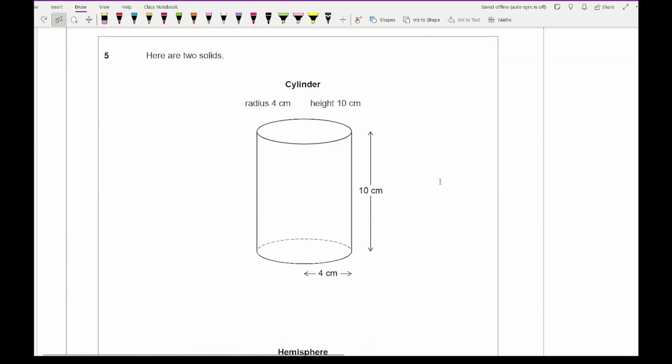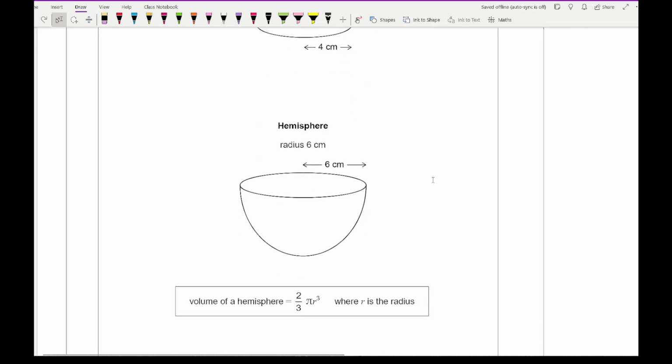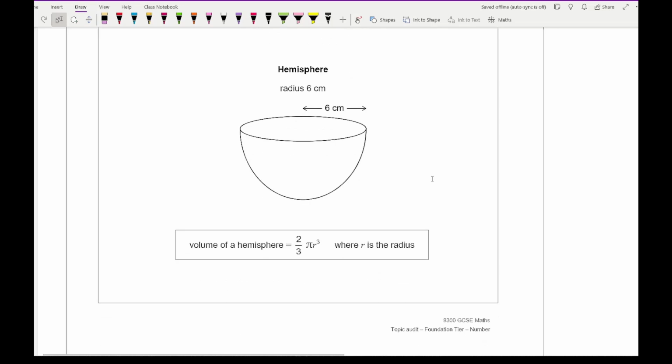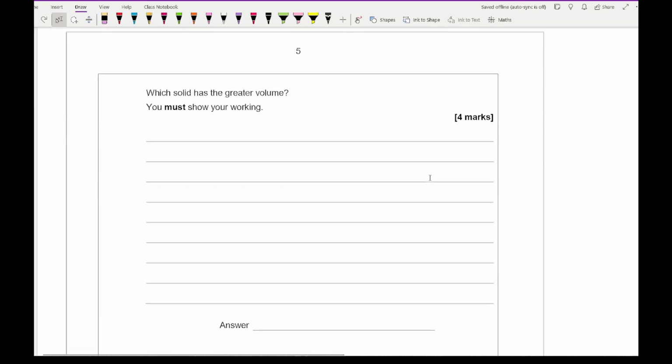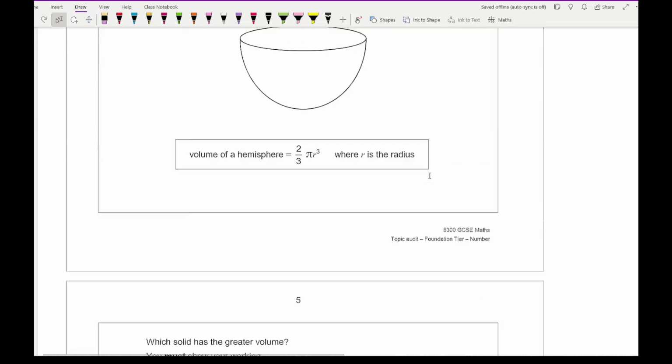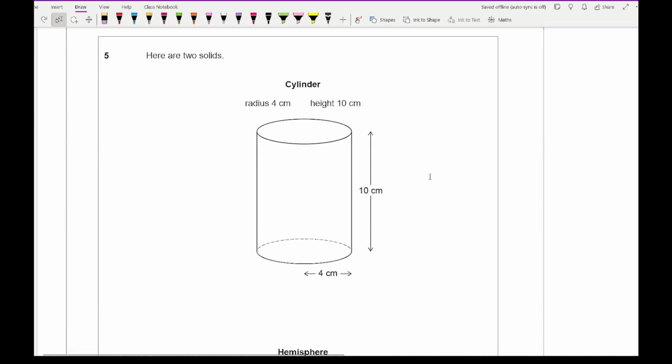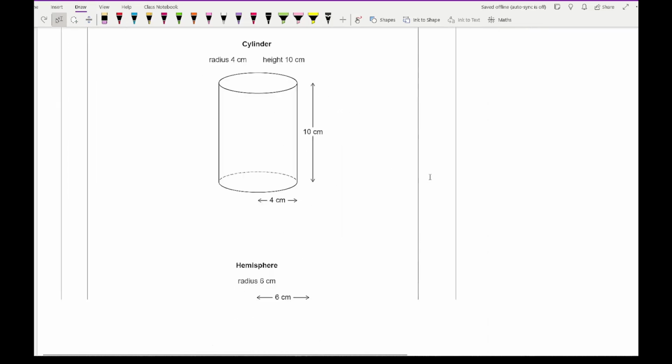Then moving on to question 5, it says here are 2 solids. So we've got a cylinder with a radius of 4 and a height of 10, and a hemisphere with a radius of 6 centimeters, and it also gives me the volume of a hemisphere. And the question is asking which solid has the greater volume. Well, if I start by just having both of those on screen, so we can just about see it. So working out the volume of the cylinder,